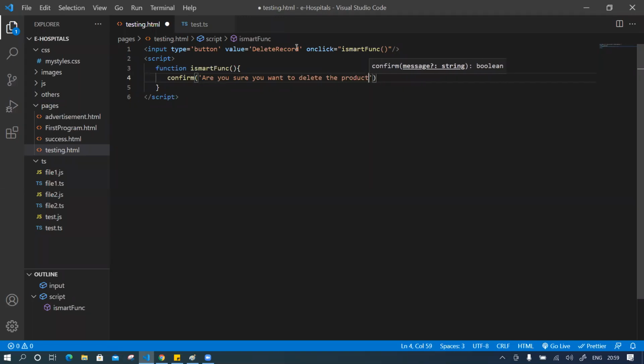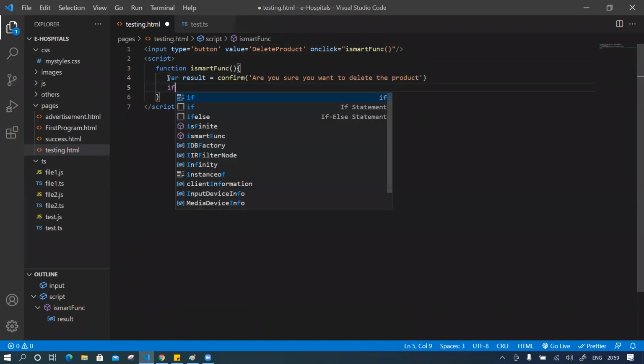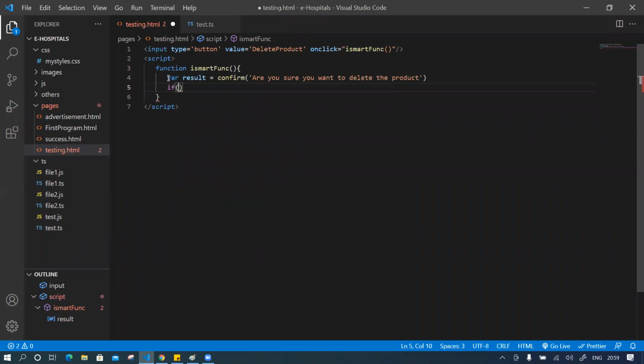Because if you develop a product website... okay, this confirmation we have to store in one variable, and that variable name is result. That result will give two options, one is true and another is false. If that result equals true,